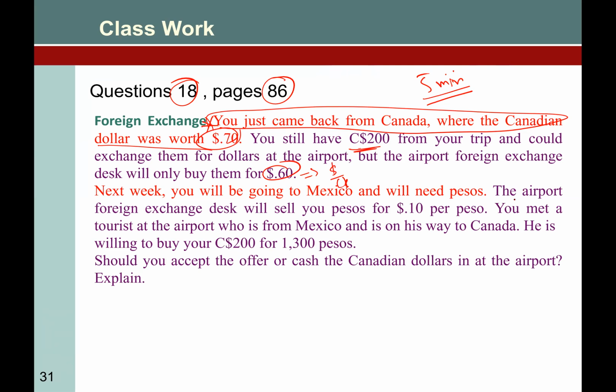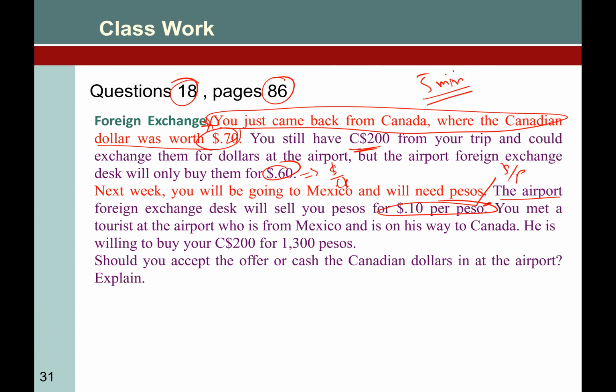So at the airport, it will sell you dollar over peso. So this we can just write down, dollar over peso. You don't have dollar, you have Canadian dollar, and all the rates are given in terms of dollar, not Canadian dollar. You need peso. First, you need to convert into dollar and then dollar into peso. It's a 3-step process, and it's not cheap